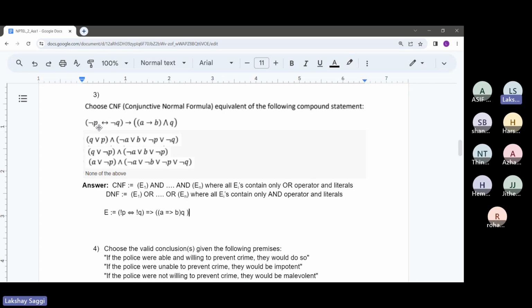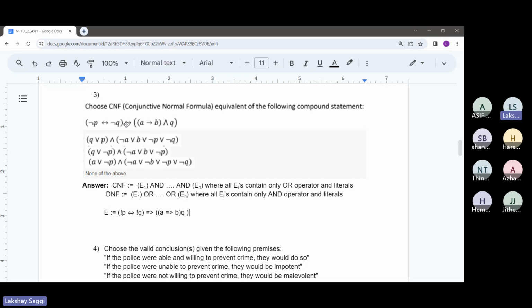So now we want to see which of the following is actually logically equivalent to this expression, this formula of not P if and only if not Q implies A implies B times Q. We have just seen that all of these are in CNF forms, but maybe some of these might not be logically equivalent to the expression E. So we just need to check which of the following is actually equivalent to expression E. Again, following the same procedure, the recipe for resolving the Boolean formulas, I'll just be writing out some stuff.